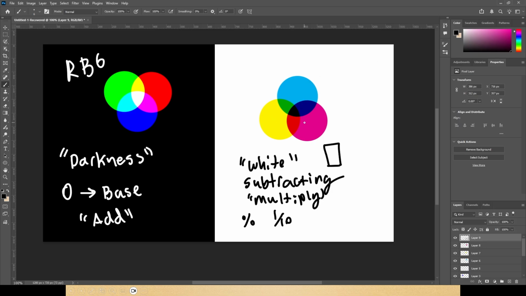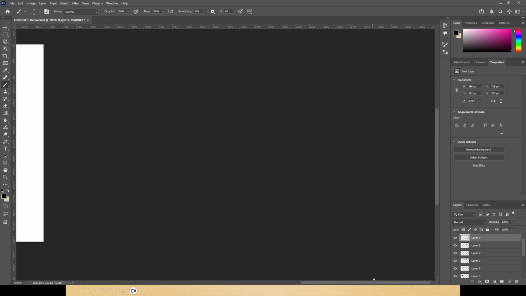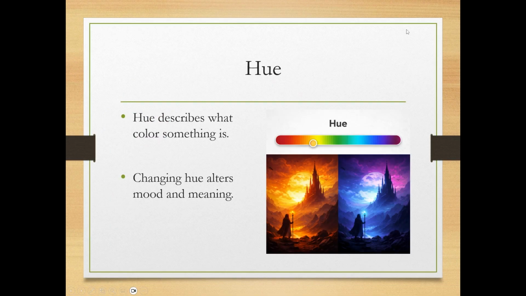Well, it's not going to be yellow light anymore. It's going to turn to green from the mathematics, so we can kind of predict what happens there. Now, let's get into the important elements of color. We touched base on these previously in the last lecture. They're going to form the core foundation, and they're what we'll explore most